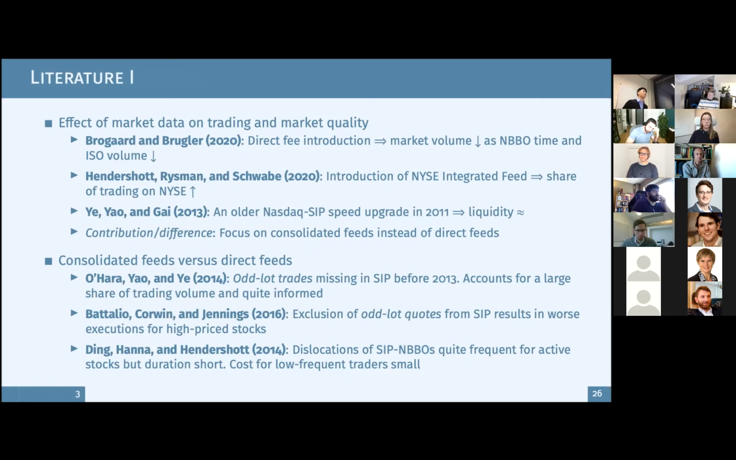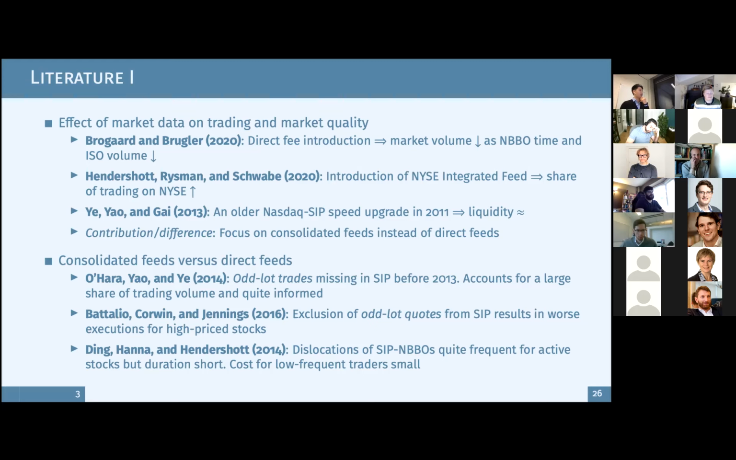So I think the first trend in literature the paper relates to is the effect of market data on trading and market quality. The first two papers I list here look at the introduction of the fee on the direct feeds by the exchange, and also the introduction of the direct feed by the exchanges. For example, Brogaard and Brugge look at when the exchange starts to charge a fee on their direct feeds, then the market volume of the exchange drops because the exchange will have less time on the BBO, and the ISO volumes, the intermarket sweep order volumes,